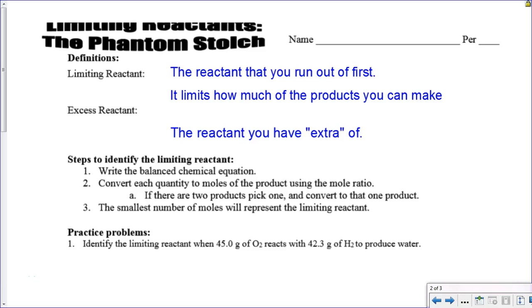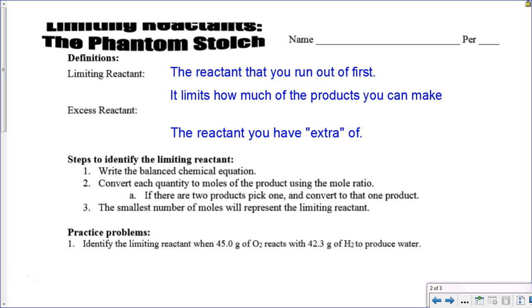In this video, I'll be discussing the process of finding the limiting reactant for a reaction, and also the process for predicting the number of products that are formed based on two different reactants that you're given. How this process is different from a lot of the stoichiometry problems that we've done before is that, typically speaking, I've given you the amount of one thing in the chemical reaction, and we've just assumed that you had the right amount of other stuff so that whatever you had of that first thing,